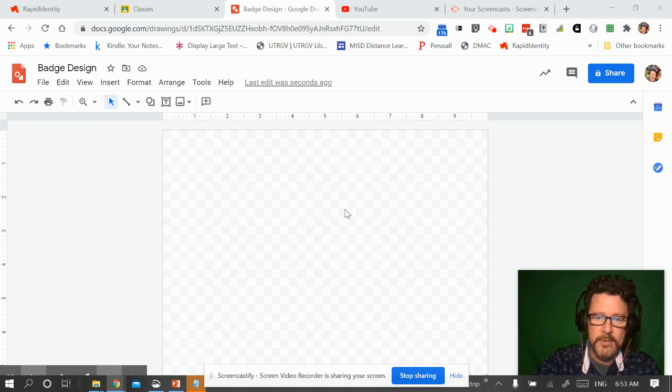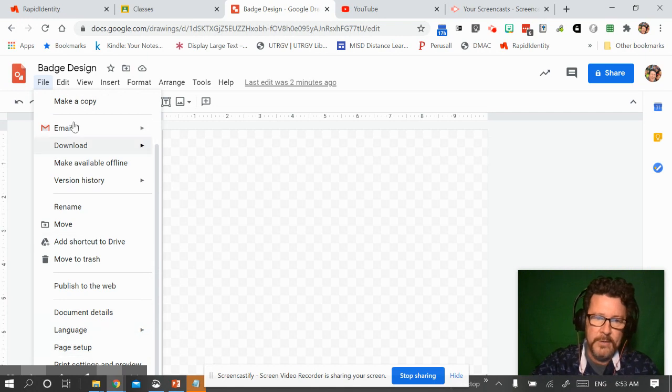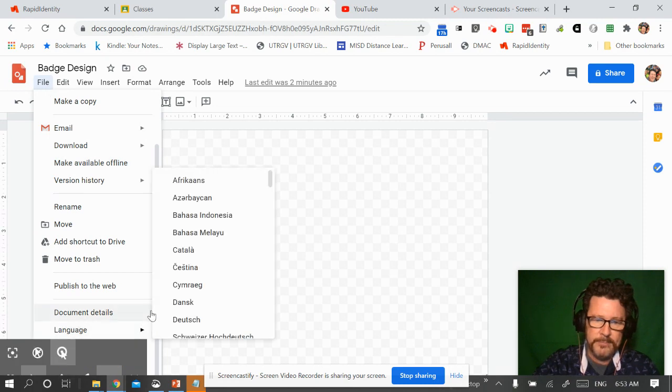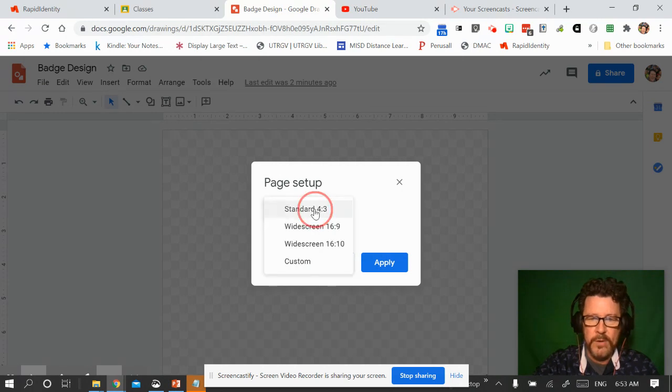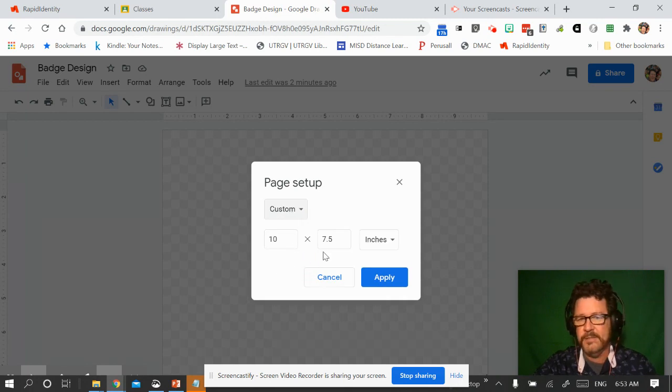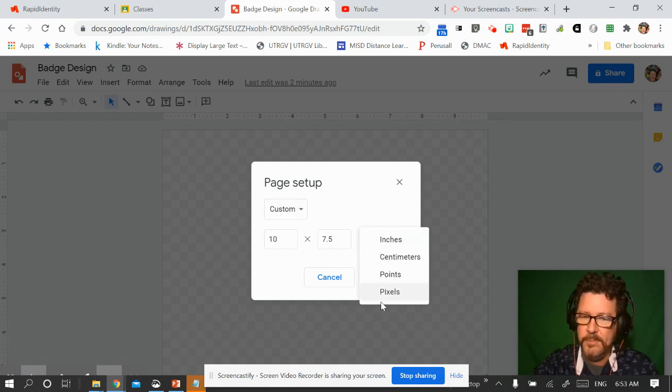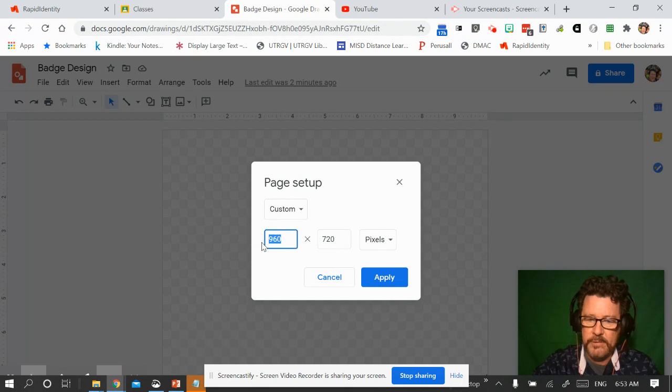The first thing I'm going to do is resize the page, and I can do that under Page Setup. It's way down here. I go to File, and then Page Setup. Now it comes out as 4:3, but I'm going to change it to custom 4:3. If you look at it in inches, it's actually 10 inches by 7.5 inches, which is still a 4:3 ratio. But I'm going to change it to pixels, and I'm going to make it a square image. So 500 by